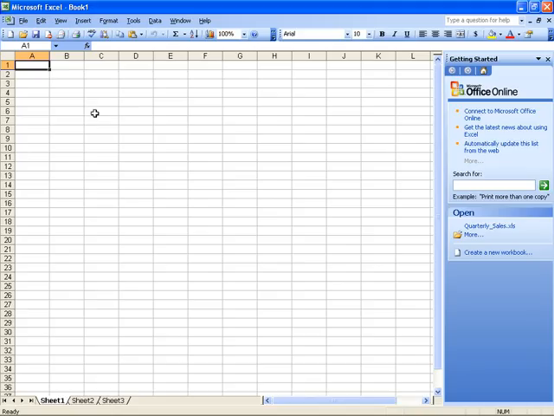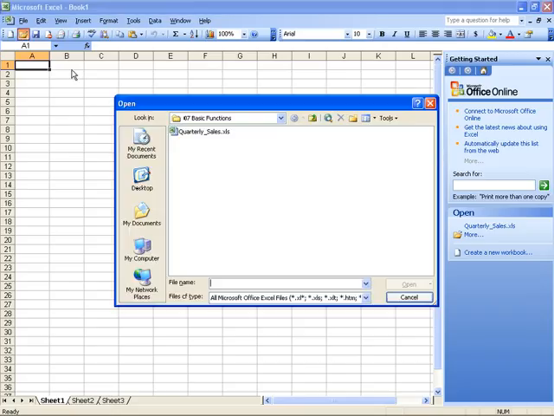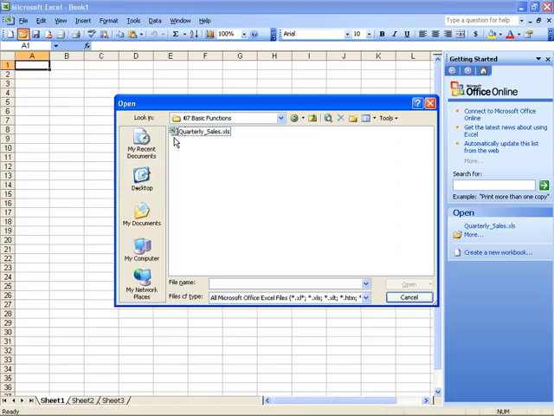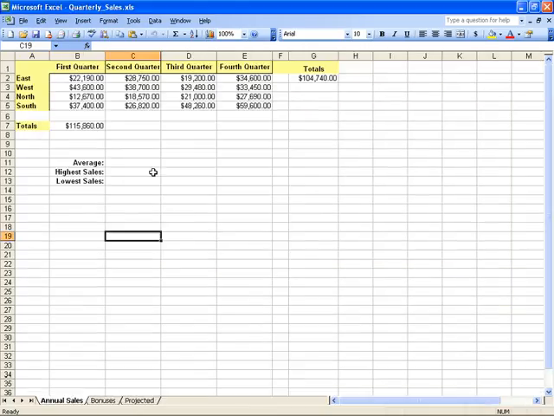Now that we've had a chance to see what formulas can do, let's take a look at adding functions to those formulas and see what the big deal is. Well, if you browse with me to your student folder, and in section 7, Basic Functions, we have another version of quarterly sales. Let's open that up. Here, our quarterly sales totals are looking at your first quarter, second quarter, third quarter, etc.,